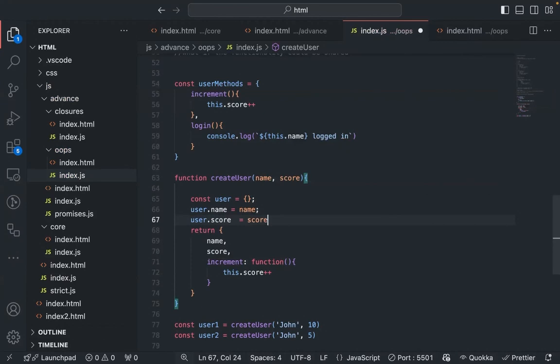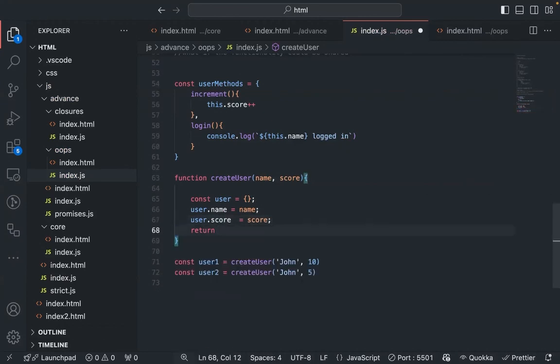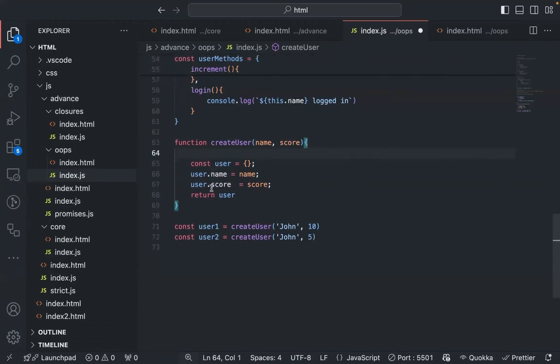That is coming from the parameters, and then we can say return user. Now it turns out, guys,